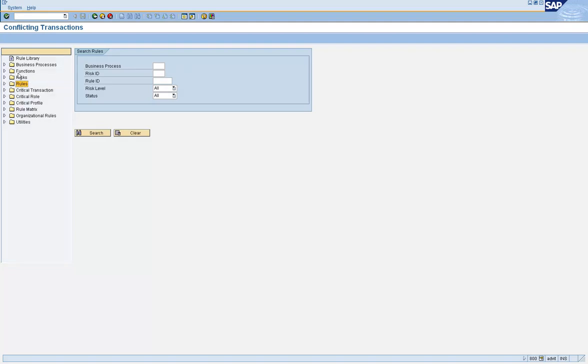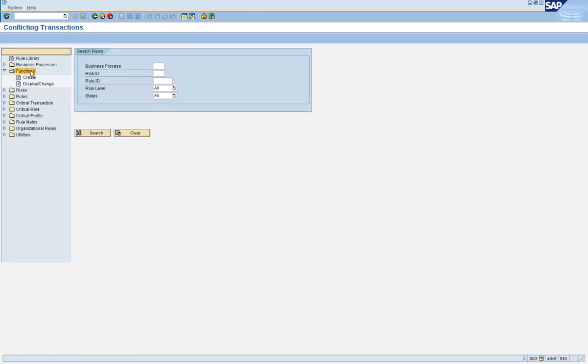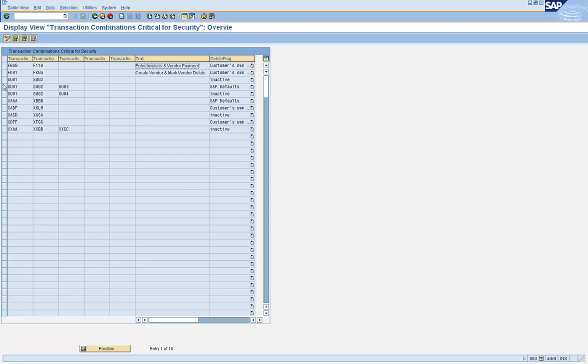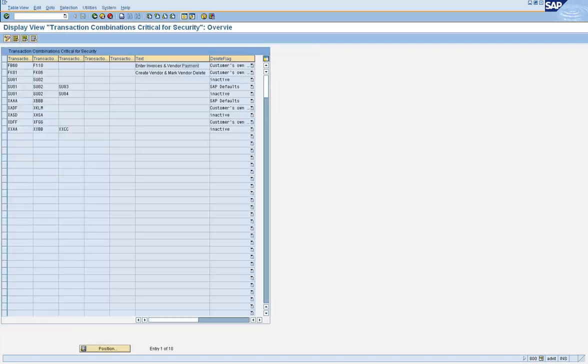The way it works is that you create functions. Technically, you can create a group of transaction codes which are related to invoices. That will be one function. We'll see this in another session, so don't worry about it now. And you can create another function with the collection of transaction codes which are related to payments.